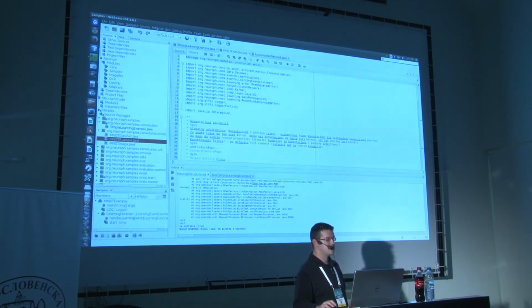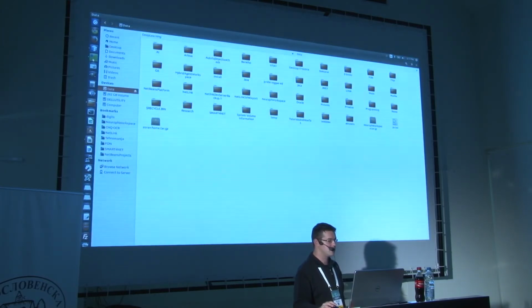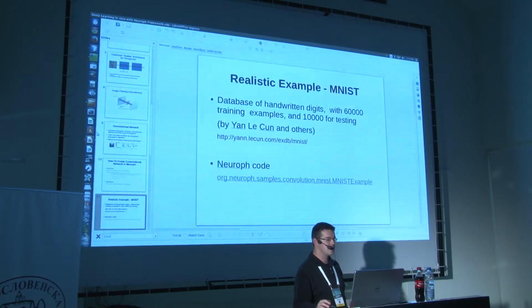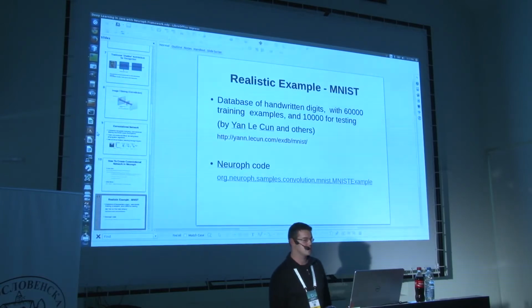The MNIST data set is the first data set where people figured out that a convolutional network can do something interesting and better than other solutions. You have this link to the MNIST data set. It contains 60,000 training examples of different handwritten digits between 0 and 9, and also contains 10,000 examples used for testing.